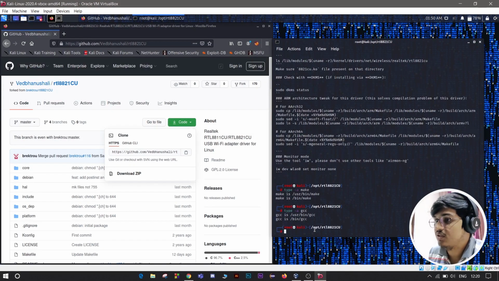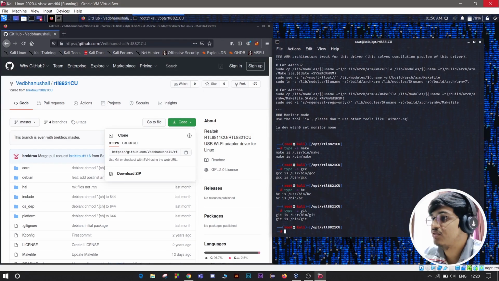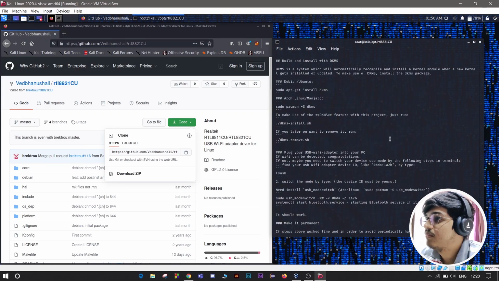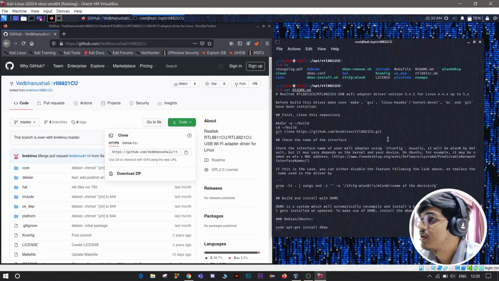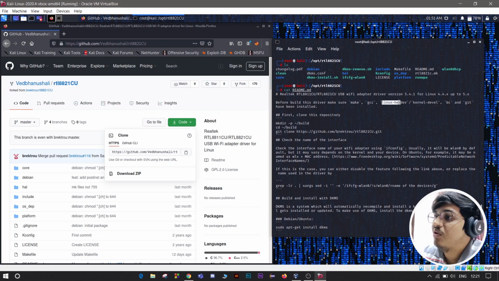Then we will check GCC, yes it is installed. BC, and what was the other thing, git, which is also installed. Yes it is done. After doing upgrade, you will find this is also done.